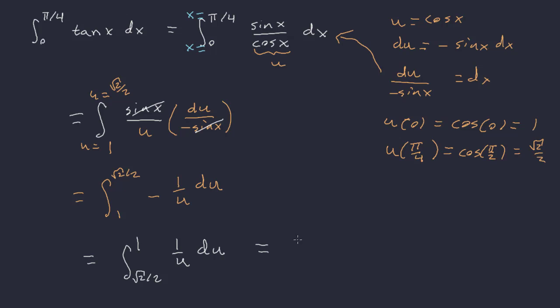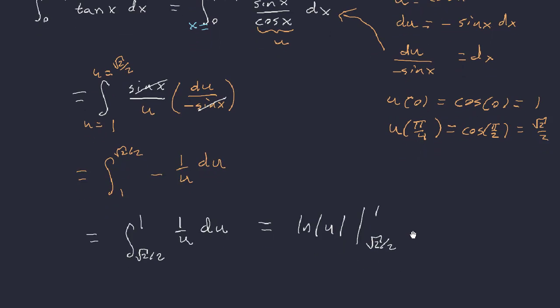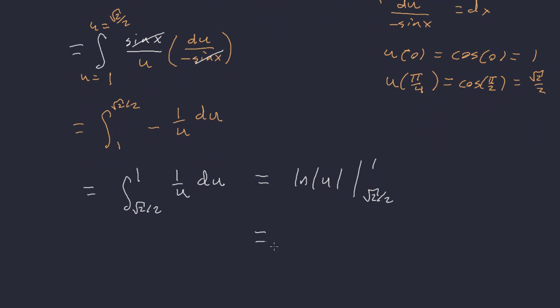So the integral of 1 over u is the natural log absolute value of u, which again, we could actually drop the absolute value bars here because we're only dealing with positive u's. But again, as I said before, it's good to kind of have that practice. All right, then we'll plug in 1. So I have the natural log of 1 minus the natural log of square root of 2 over 2. Okay, and natural log of 1 is 0, so we end up with the negative natural log of root 2